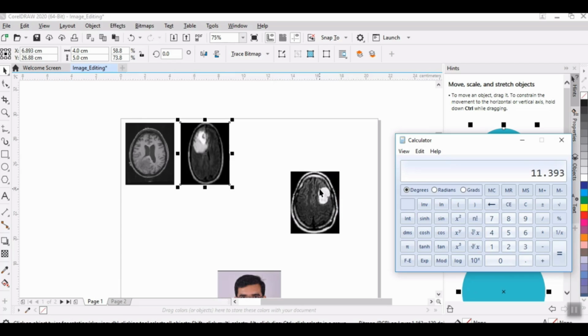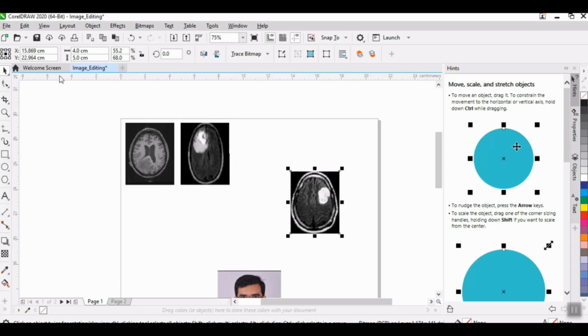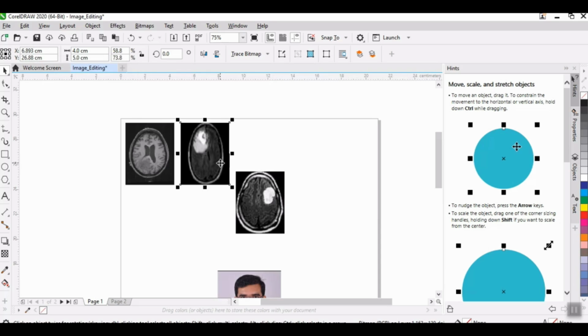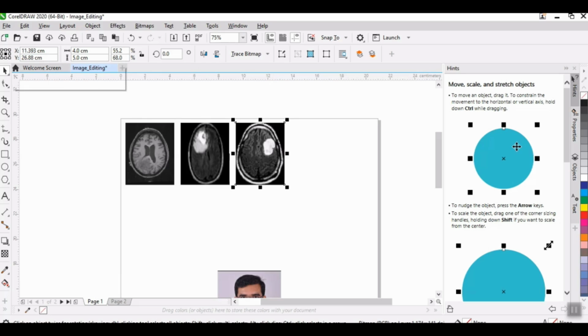So this is 11.393. Click here and enter 11.393. And now what is the vertical position of this? It is 26.88. So click here and change this value to 26.88. Now it is placed at an equal distance, that is, equal spacing between all the images is created here.